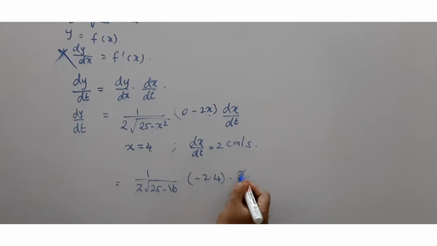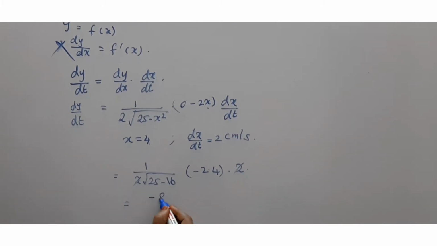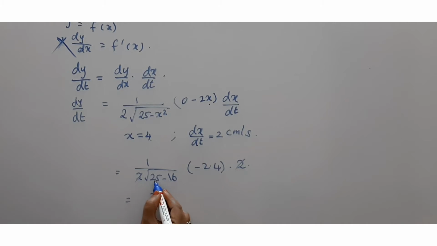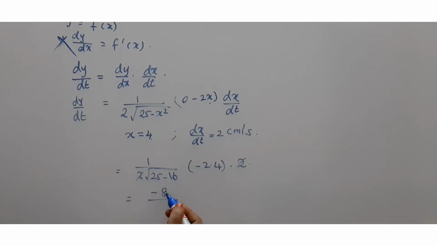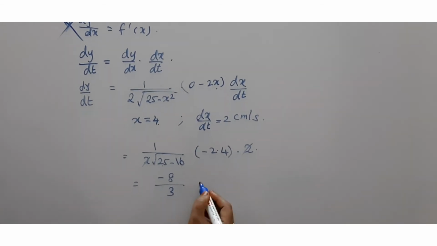The 2 we can cancel. So we have minus 8 by, this is 9, and root 9 is 3, minus 8 by 3 centimeter